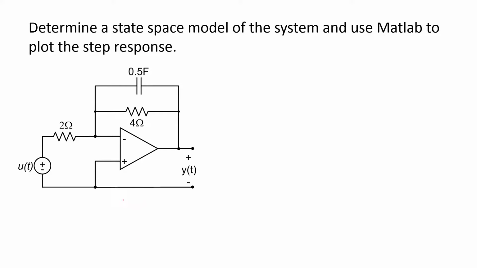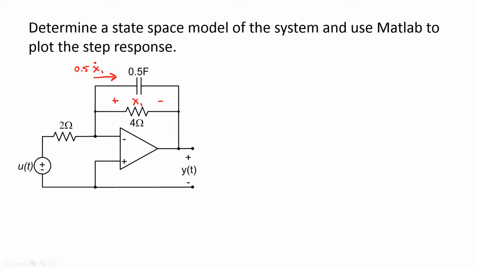We want to find a state variable model for this active circuit and plot its step response using MATLAB. Anytime I'm creating a state variable model, I need to define states. My only energy storage element is a capacitor, so I'll choose a state as the voltage across the capacitor, x1. Current through the capacitor is the capacitance, 0.5, times the derivative of the voltage with respect to time, which is